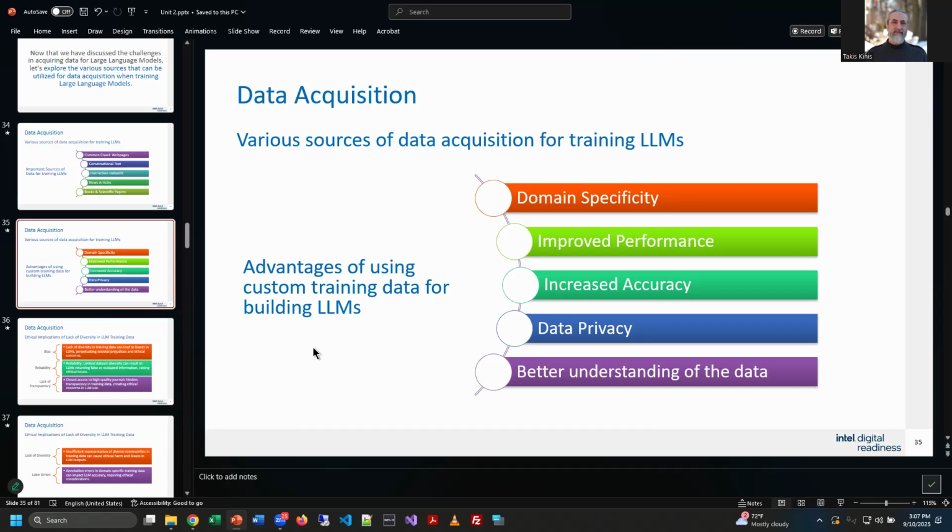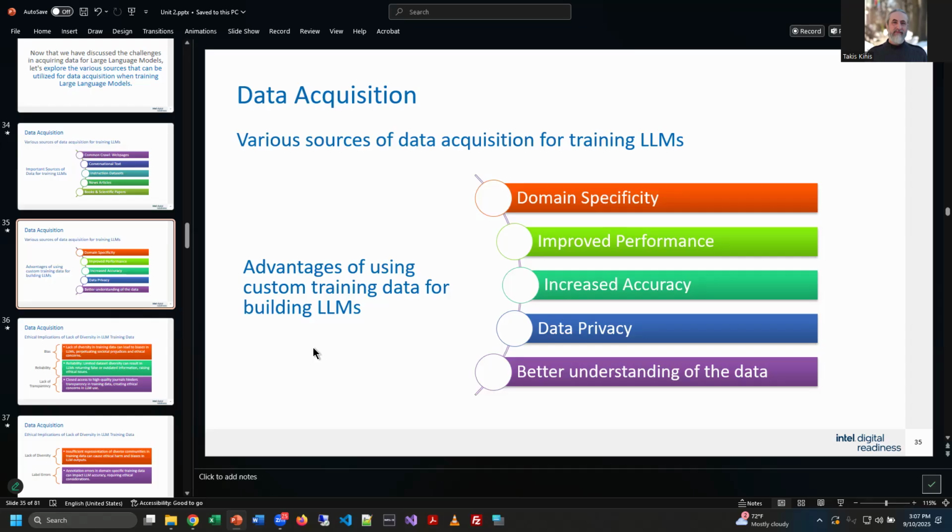All right. What's kind of interesting about this, it says here, the advantages of using custom training data for building LLMs. So in other words, if I use public information to train an AI to do Gateway work, it might not have all the info it needs. But if I could get it that private information, right?